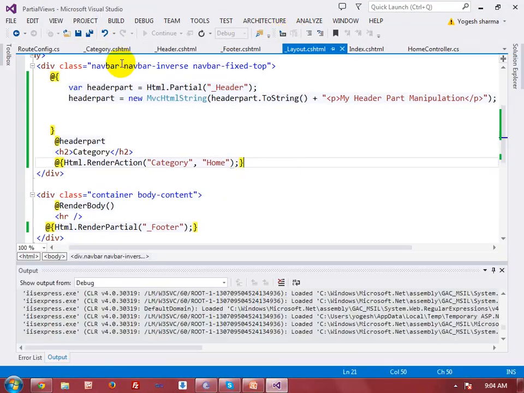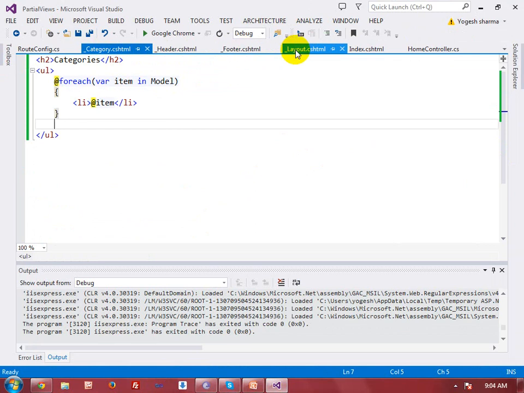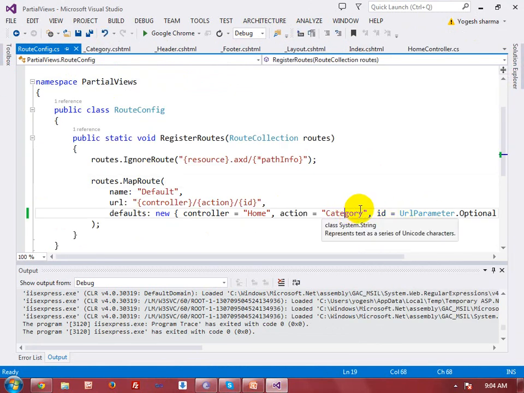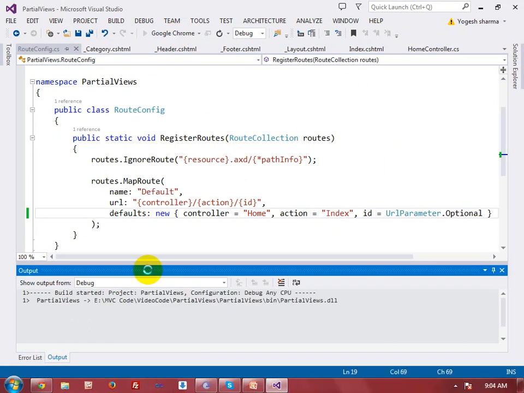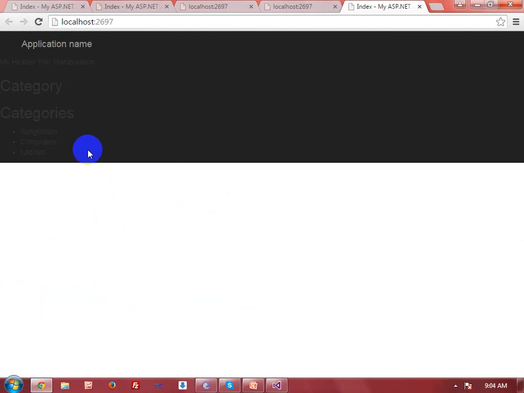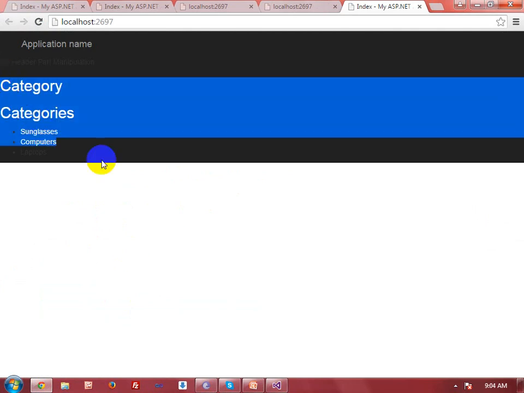I have to make some changes, like I want to call the index action in Google Chrome. Now the header section has been enlarged.